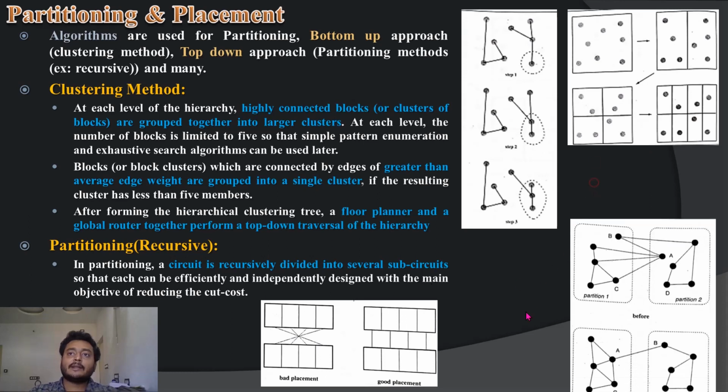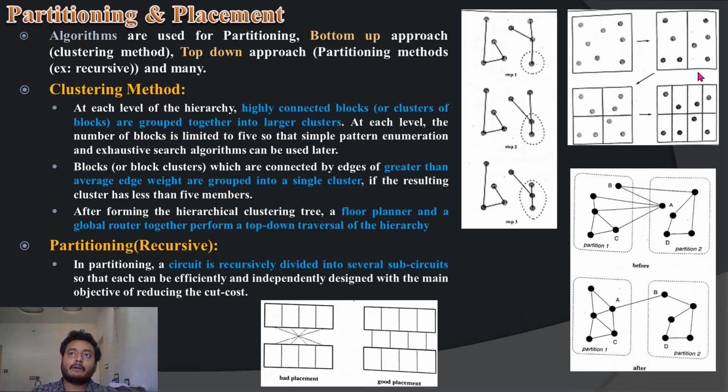Okay, so we have an example here of how placement and partitioning are linked very much together, and you cannot always try to separate these two things. Once the partition has been done, this is what happens here. If you can see, from this block to this block, once you divide, we have so many connections from this partition to this partition. So we'll try to keep the minimum connections from this block to this block.